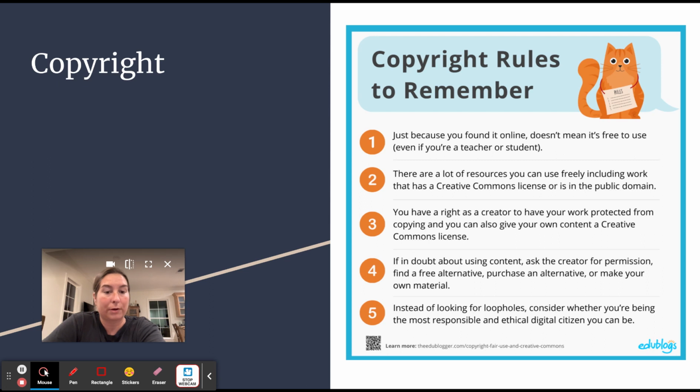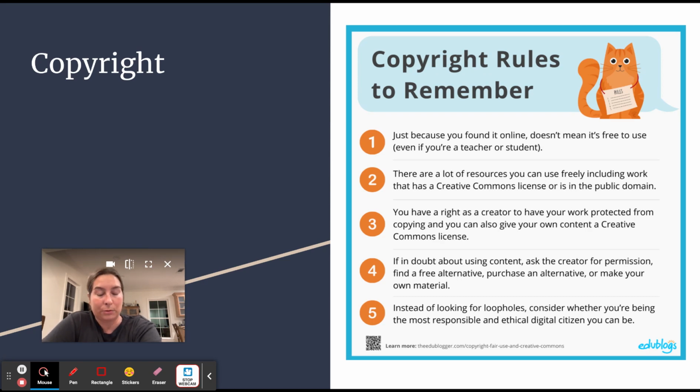Number three, you have a right as a creator to have your work protected from copying, and you can also give your own content a Creative Commons license. So if you want to copyright your work, you are more than welcome to do that. Number four, if in doubt about using content, ask the creator for permission, find an alternative, purchase an alternative, or make your own material.